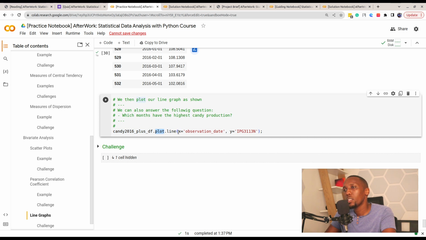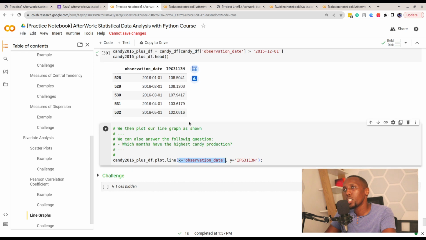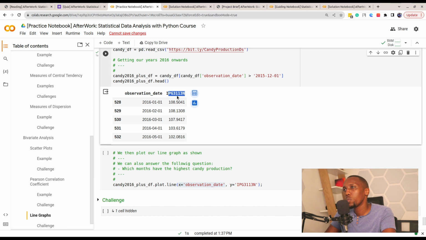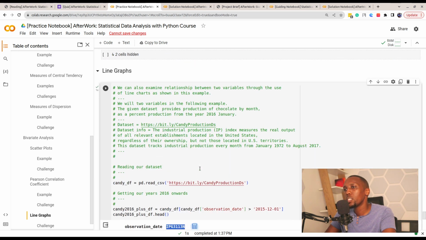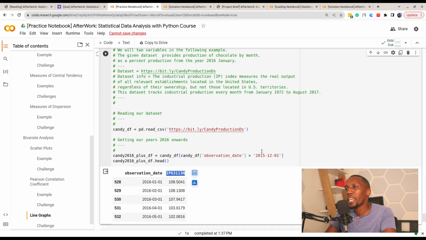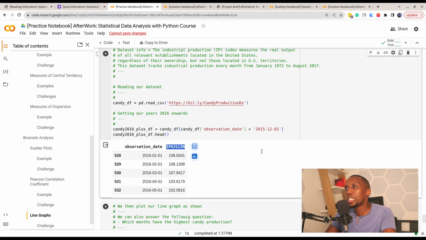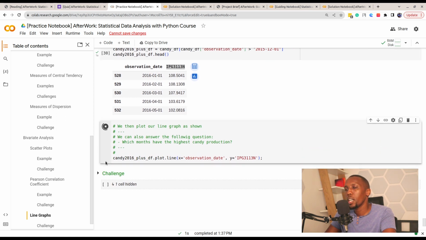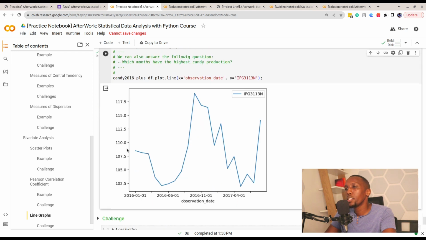plot.line, we apply this function, and then we pass the observation date as x, and for y we want to have this particular IPG3133N, which generally, it doesn't show here, but I think it's something to do with candy production. But the most important thing, what we're really interested in here, is just to understand the trend over time, which we can see